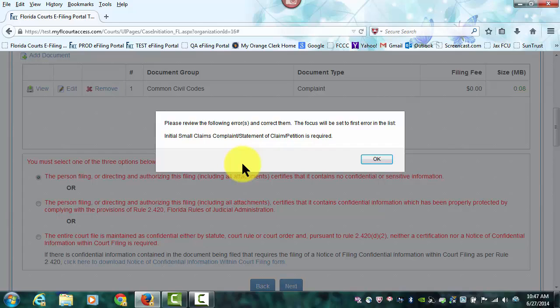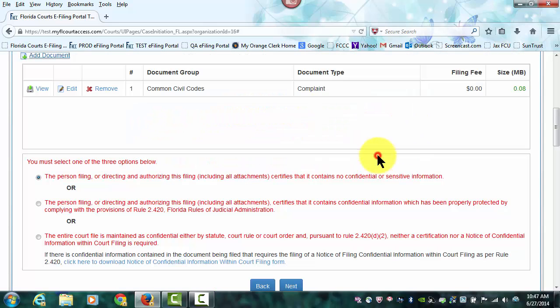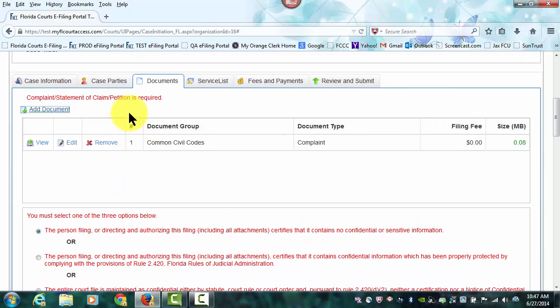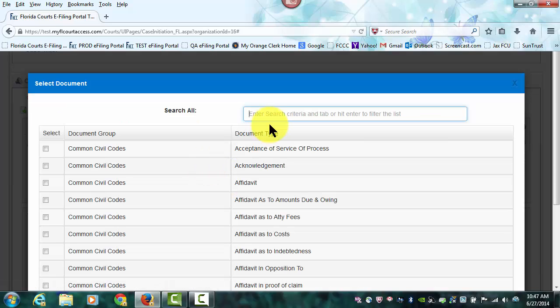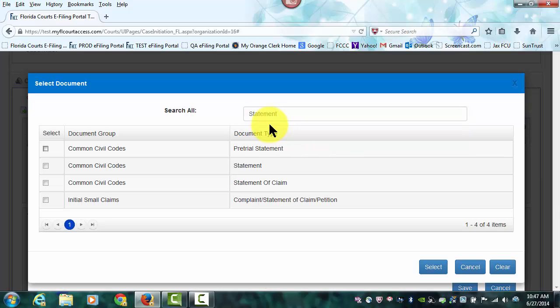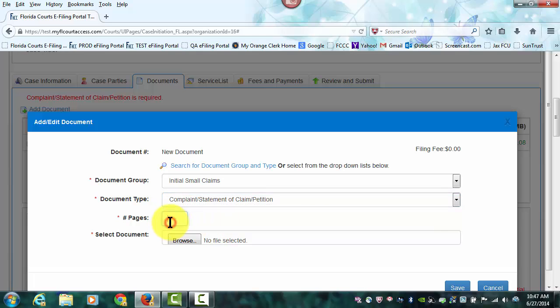If there are any errors, it will take them back and give you the focus set to that first error. It says I need to file a small claims complaint, statement of claim, or petition. I say OK. I go back to the Add Document page. I choose Search, look for a statement, choose my statement of claims, select, type in the number of pages,